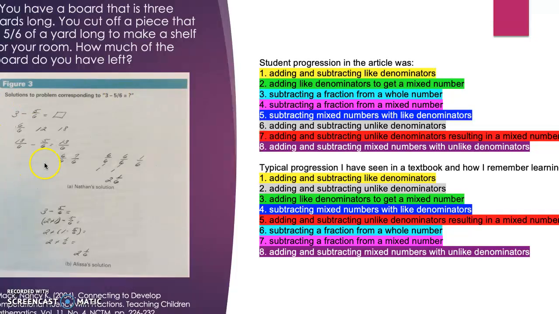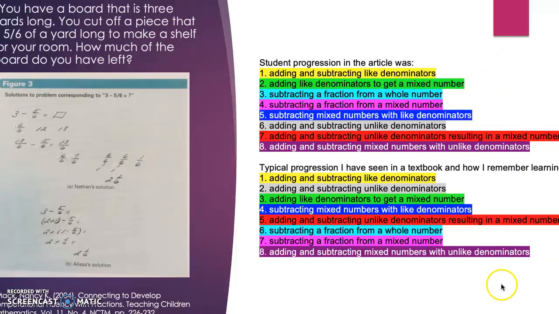So one student's thinking was that they had 3 wholes minus 5/6, and you could see here that they had a good enough conceptual understanding of fractions that they knew that a whole, and we're working with 6, had to be in sixths. So they did 6, 12, 18. They subtracted the 18/6 minus the 5/6, and then in the article they even went on to find out how to rename improper fractions to mixed numbers on their own because of their good conceptual understanding of fractions.